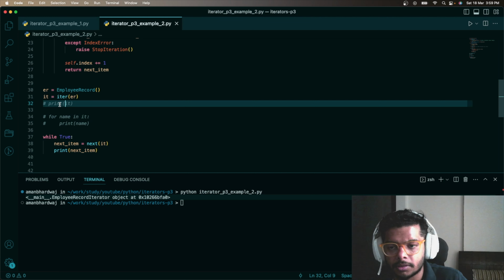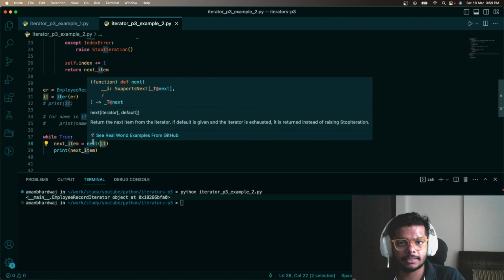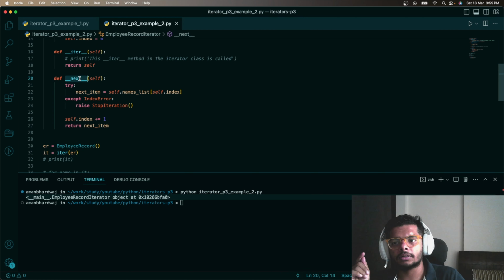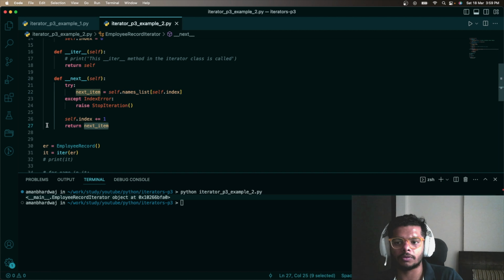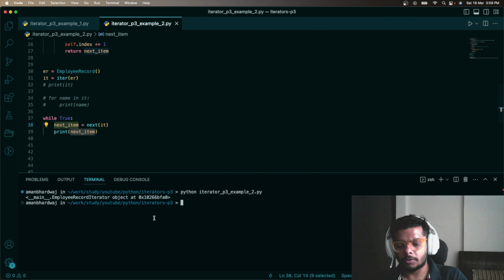let me comment this out now. When we pass that iterator object in this next function, then it will call the corresponding dunder next method and try to fetch the next item. We are returning this next item here. If you see on line number 27, we are returning that, and that next item will come here and we'll simply print it. So now let's try to execute,